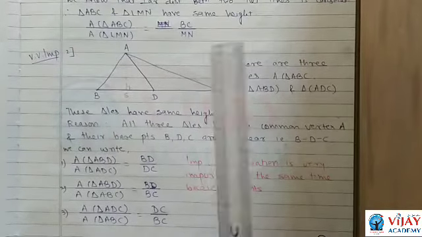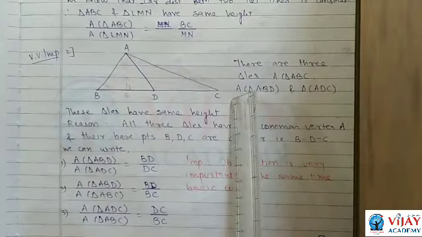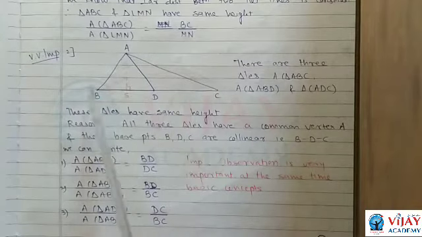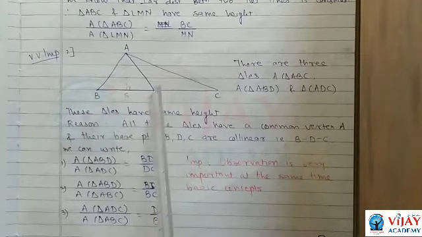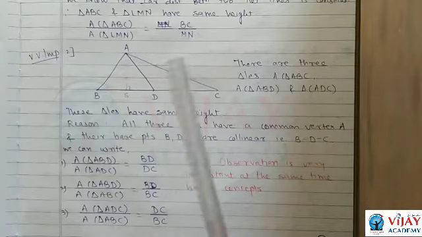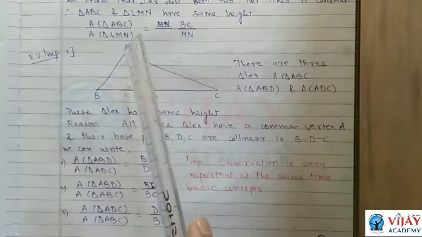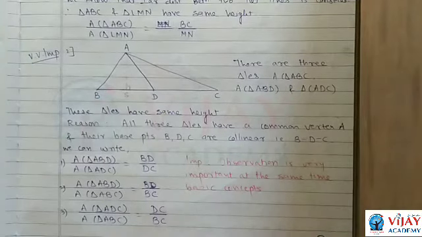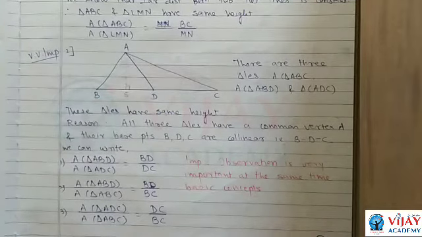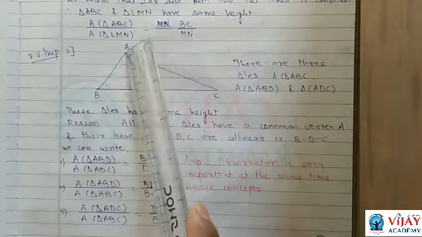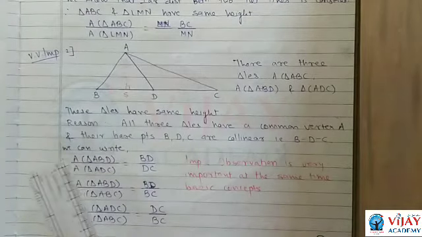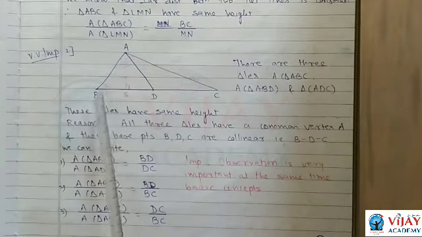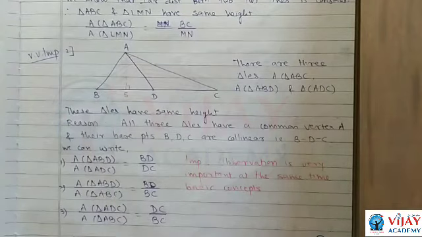So in this case, you are given the triangle ABC and AD is a cevian, means any point on BC, you have to join AD. We get the three triangles: triangle ABC, triangle ABD and triangle ADC. In this case, if you observe, A is the common vertex for all three triangles, and their base points B, D, C are collinear.